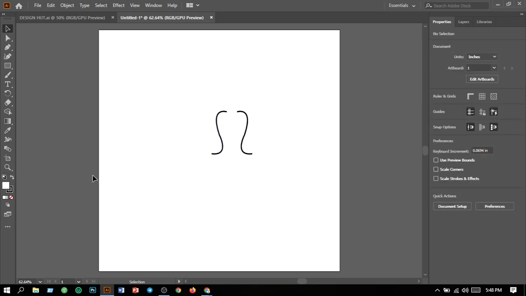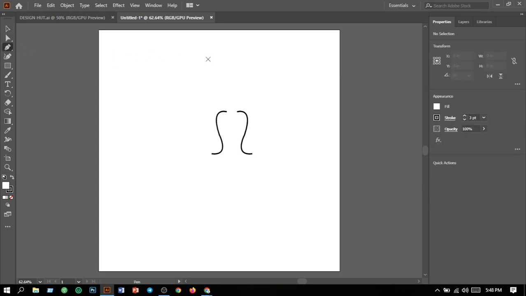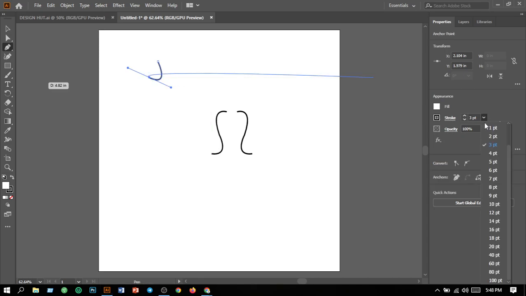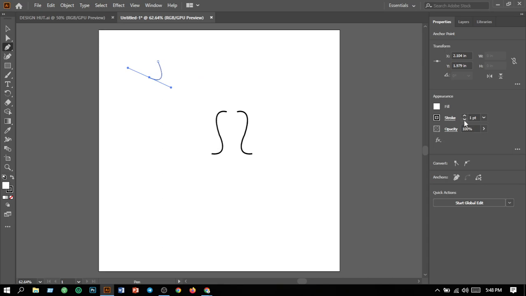Now what will I do? I will take the pen tool, then I will make something here. Sorry, I have to decrease the stroke, and now